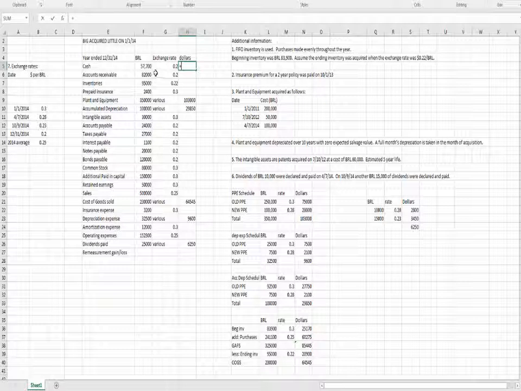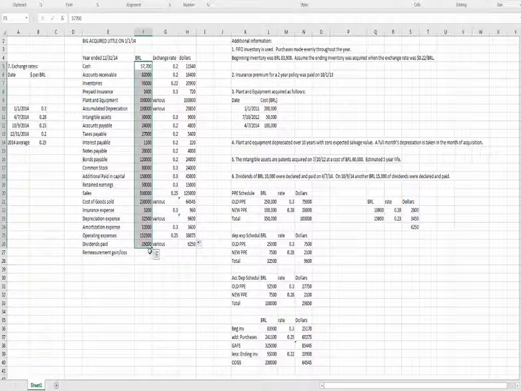this so much easier. We simply say Brazilian real times the exchange rate, copy, Brazilian real times the exchange rate, copy, Brazilian real times the exchange rate, Brazilian real times the exchange rate. Okay, so everything's been expressed in dollars, and now we need to find out, again, this trial balance in the